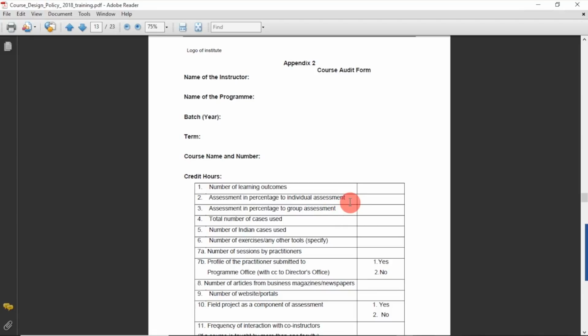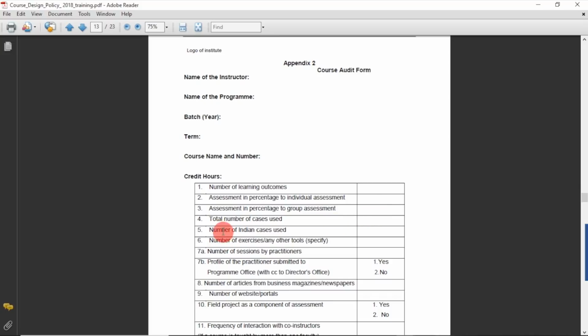So you can go in for having individual assessment like class test or quiz, and you can also give a group assignment. So how much is the percentage which you are focusing upon individual assessment of one student, and how much percentage you are focusing upon the assessment as a group. So if you are trying to have a sentient group or study group, which I talked of in the previous sessions, then you can also come to know what is the percentage you have allocated for that assessment also.